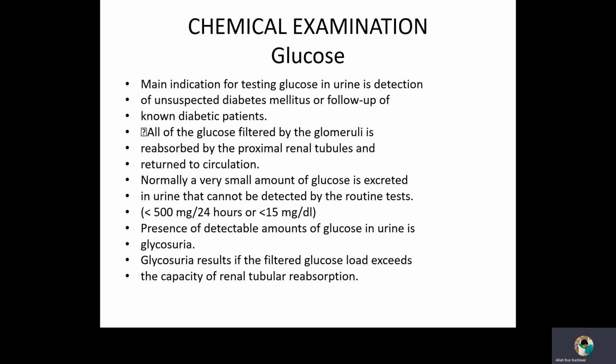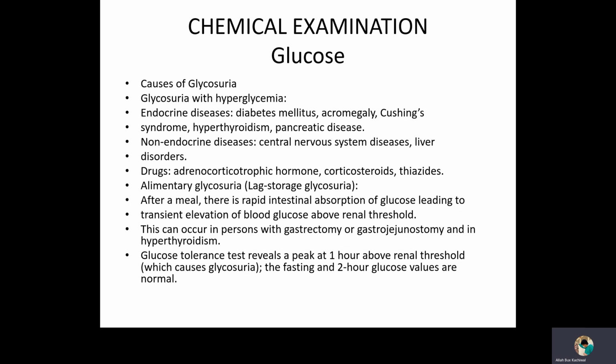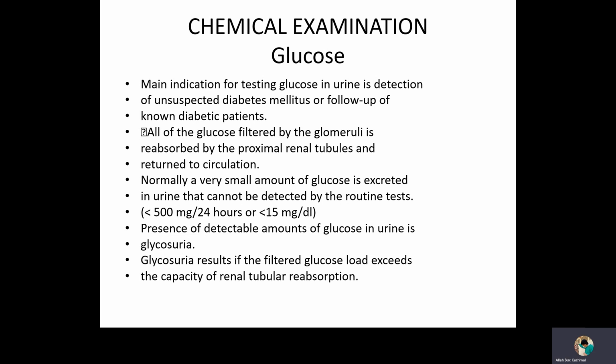The glucose. The main indication of testing glucose in urine is detection of unsuspected diabetes mellitus or a follow-up of diabetic patients. All the glucose filtered by the glomeruli is reabsorbed by the proximal renal tubules and returned to our circulation. Normally, a very small amount of glucose is excreted in the urine that cannot be detected by the routine